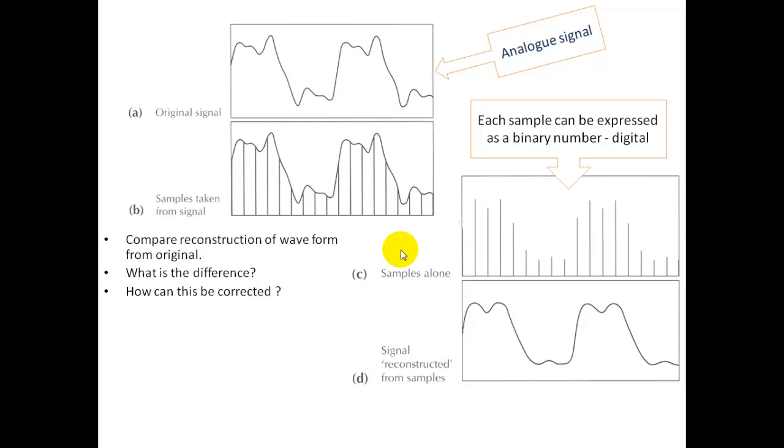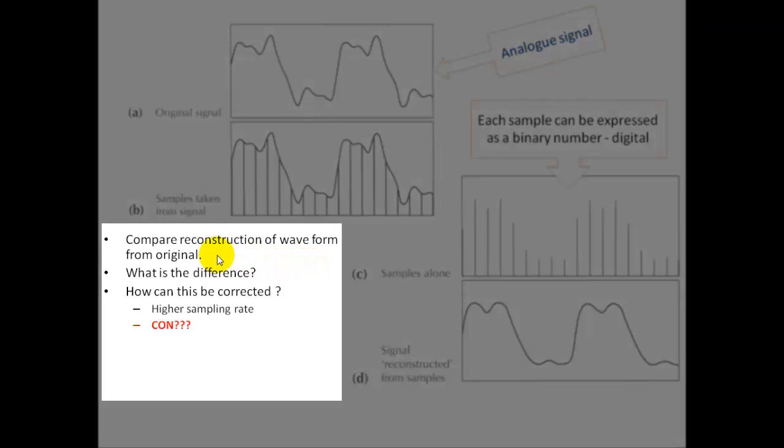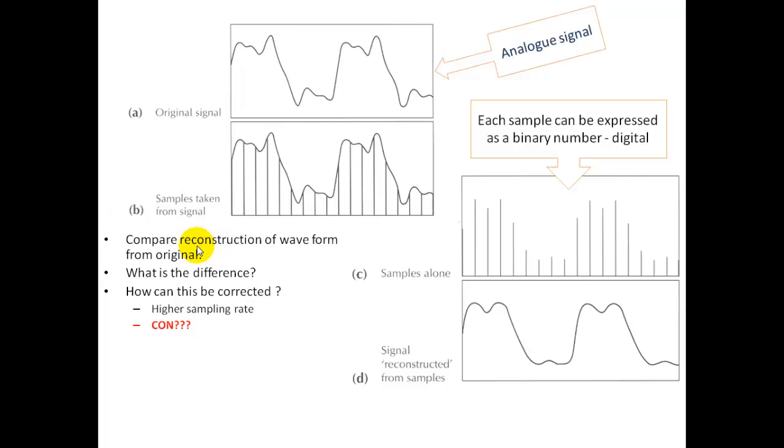How can this be corrected? Well, you can have a higher sampling rate. What is the problem with having a higher sampling rate? If you take a higher sampling rate, your device that is recording is going to have more information. If you take a sample twice as often, the data is going to be twice as much. So you need more space to store this data. Is this important? You basically have to find a compromise between the sampling rate and how much data you want